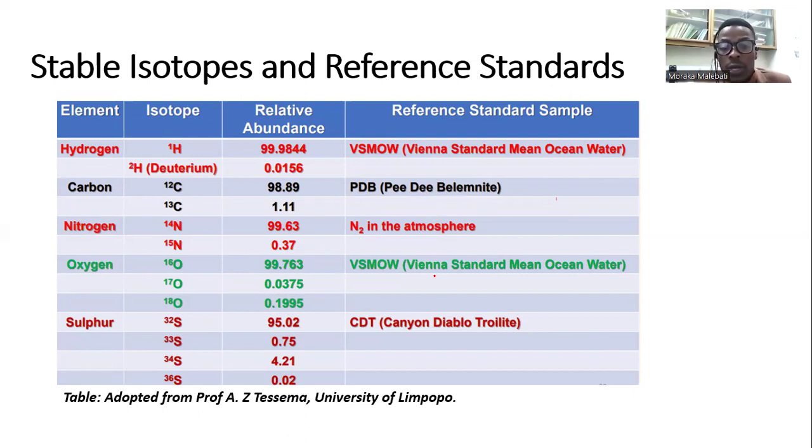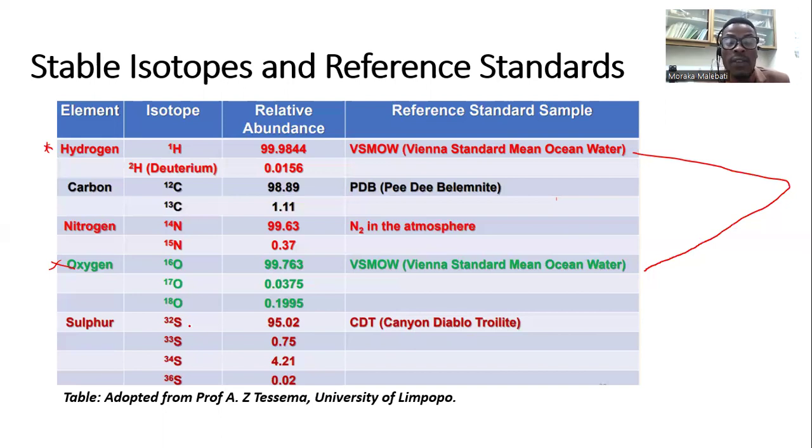Then for the oxygen, you can use Vienna Standard Mean Ocean Water as well. For hydrogeology, people can use Vienna Standard Mean Ocean Water. And then for the sulfur, you can use Canyon Diablo Troilite. All right, so for all these